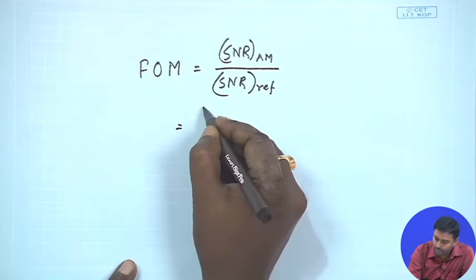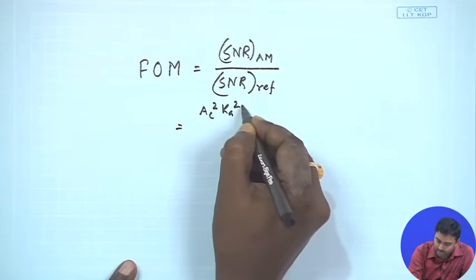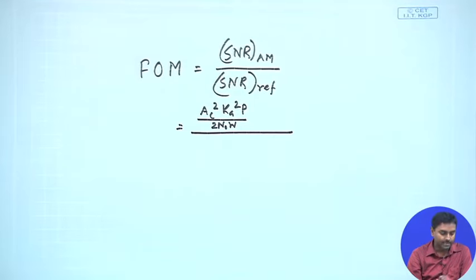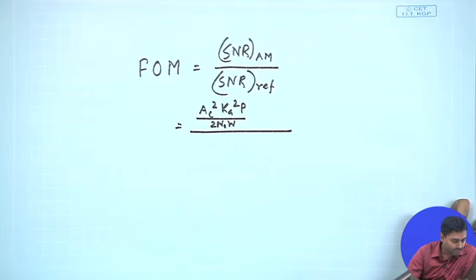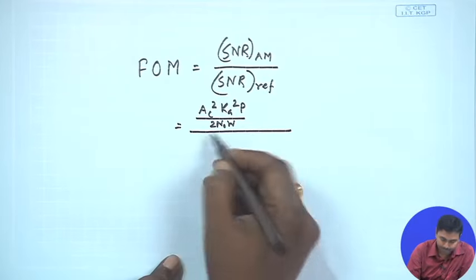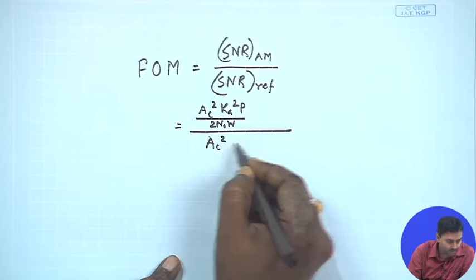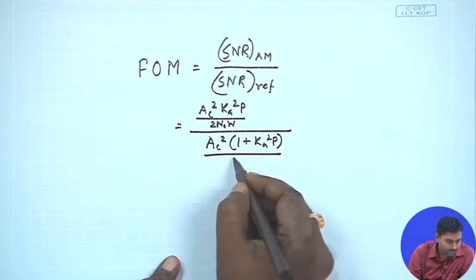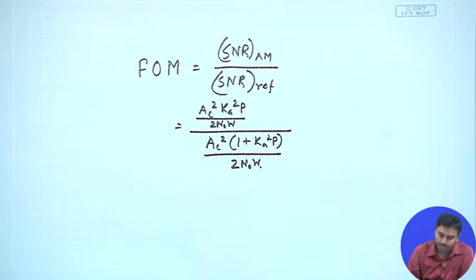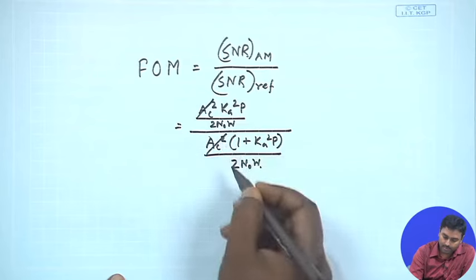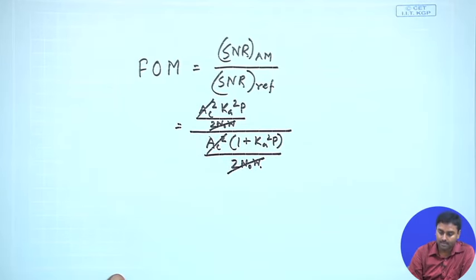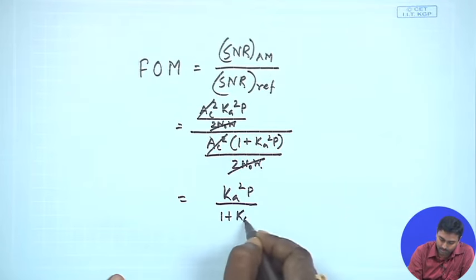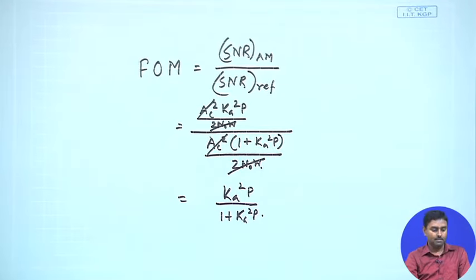SNR of AM we have got A_C square K_a square P divided by 2 N_0 W, and SNR reference we have got as A_C square (1 plus K_a square P) divided by 2 N_0 W. A_C square gets cancelled, 2 N_0 W gets cancelled. So, you are left with K_a square P divided by 1 plus K_a square P, right,